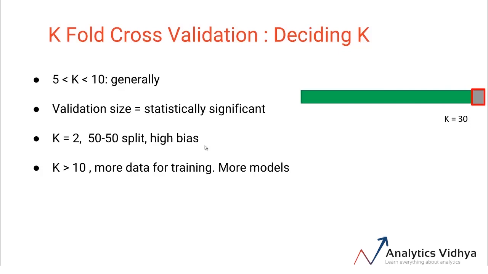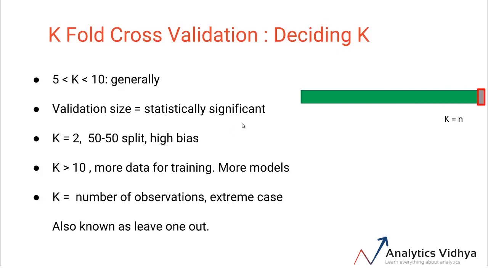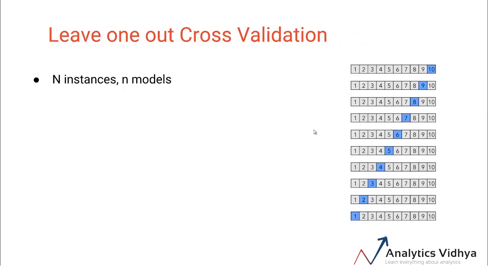When we assign an extreme value to k, equal to the number of observations, in that case the number of models built over the dataset will be equal to the number of observations in the dataset. This is called leave one out cross-validation. It is an extreme case of k-fold cross-validation. Let's take a closer look at it. Leave one out cross-validation, as we saw, means using a very large number of models over almost the complete dataset. Therefore, it's computationally very expensive. And as you might have guessed, this technique is not significant when the size of data is very large.